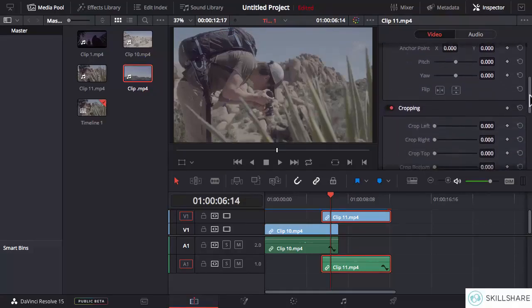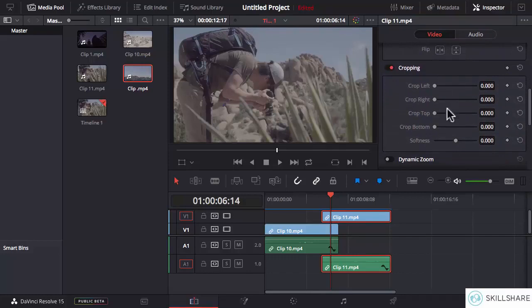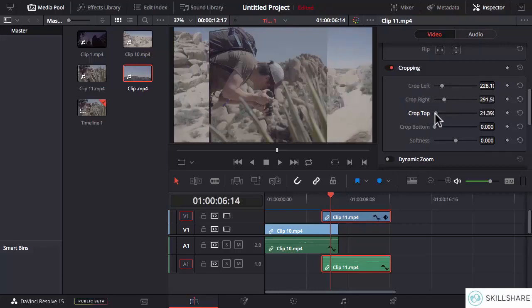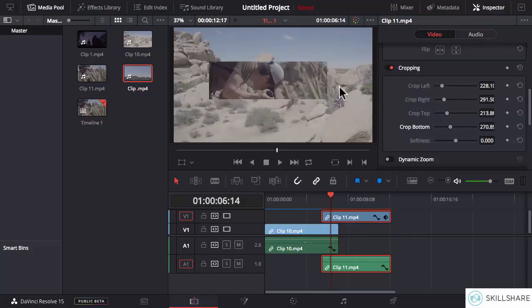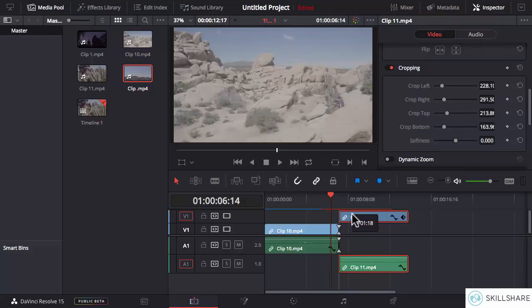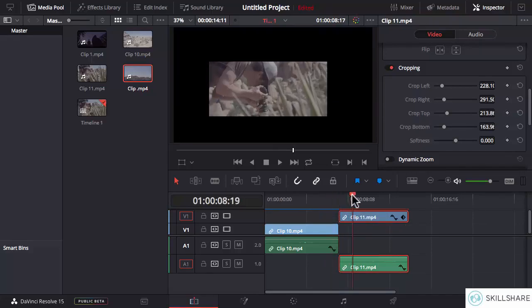Next we have cropping, and under cropping we have 5 different options. 4 of these are to crop the clip from one of the 4 edges. So I can crop it from the left edge, the right edge, the top edge and the bottom edge. Now I have cropped it from all 4 edges, and this is the new size of the cropped clip. And let me move it away from this overlapping region,